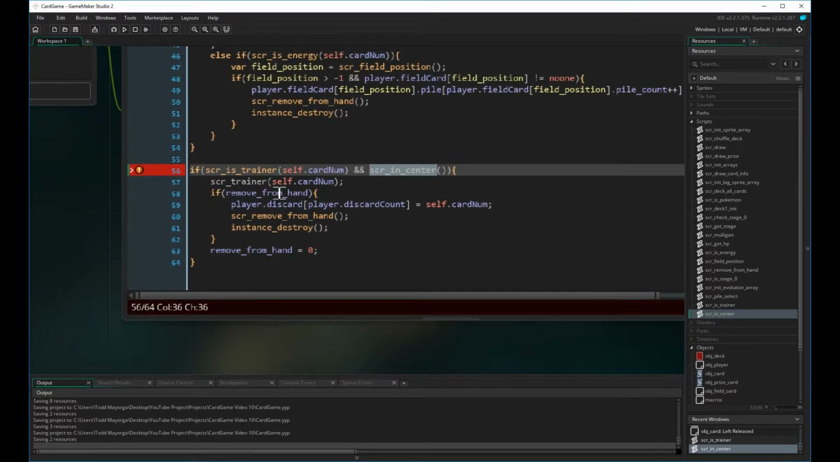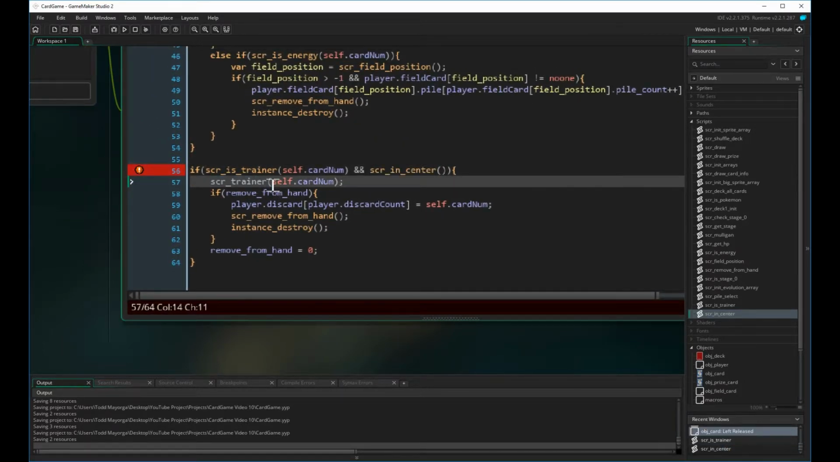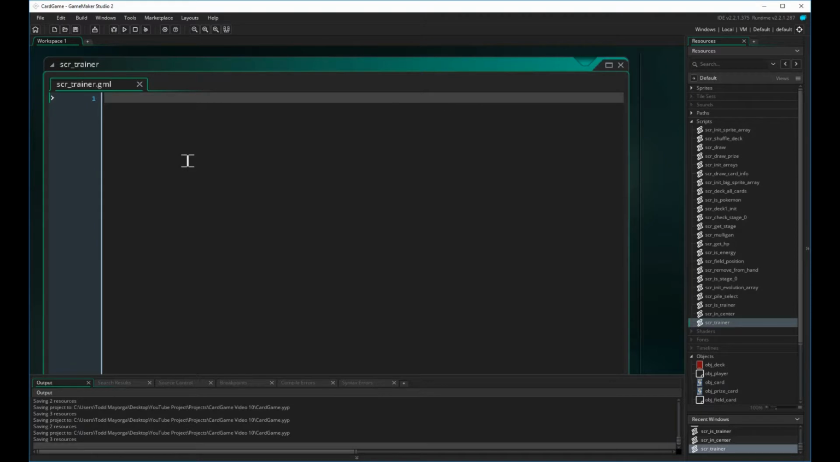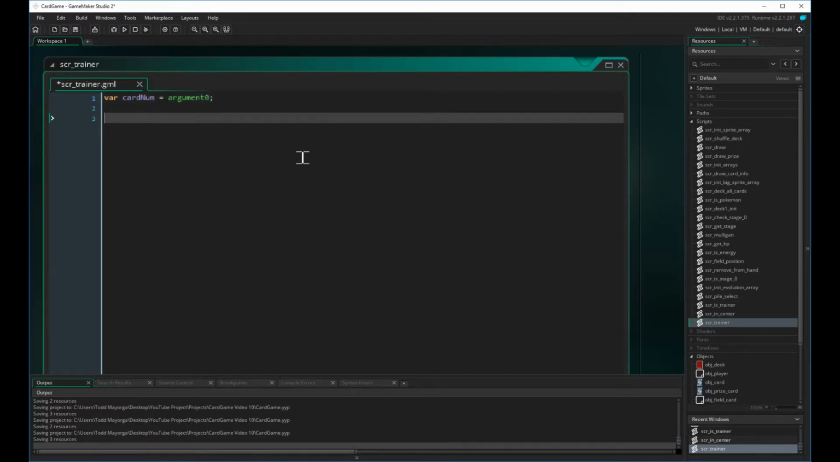And the last script we want to create is the trainer script. So this script will have all of the code for all of the trainer cards. And the first thing we're going to put in is the Bill trainer card. And this is going to take in an argument that we're going to call card num. And if card num is equal to 91, which is Bill,